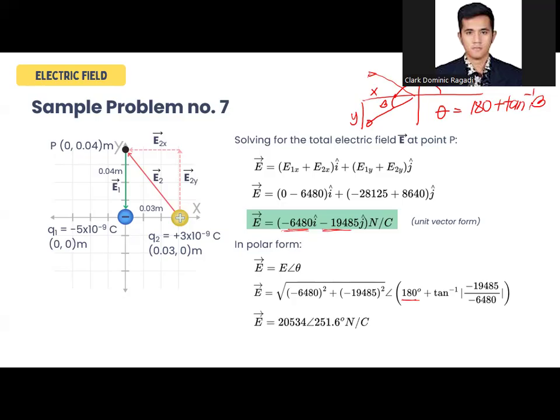So that would mean our electric field in the angle or polar form is 2534 angle 251.6 newtons per coulomb. So depending on the question, you can actually use both answers. Okay, so that's sample number 7. So we are nearing the end. So let's do a practice problem